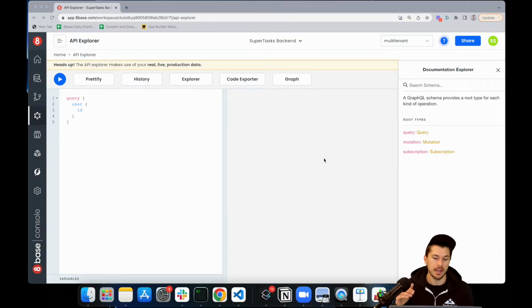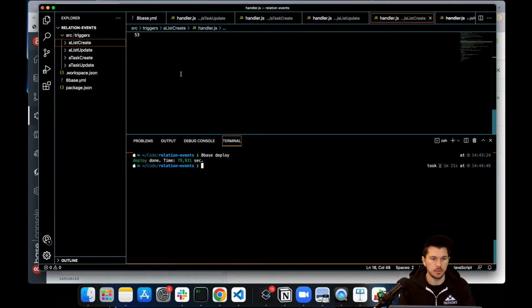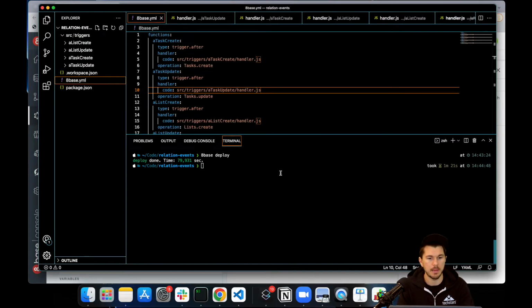Cool, so we're going to dive right into this and talk about what it means, what we're trying to accomplish, and then relate it all together. So the first thing is, what does it mean to detect an event type or trigger type in a serverless function? If I go over here to my VS Code and open up my 8base.yaml file,